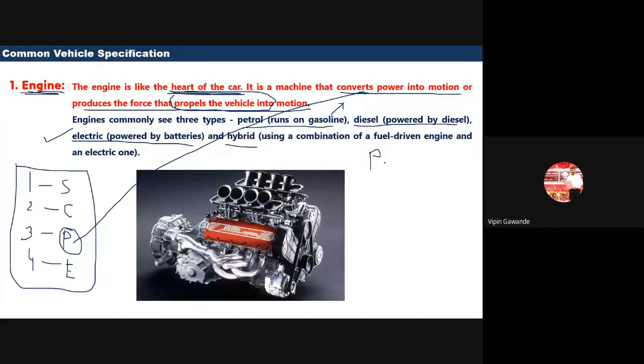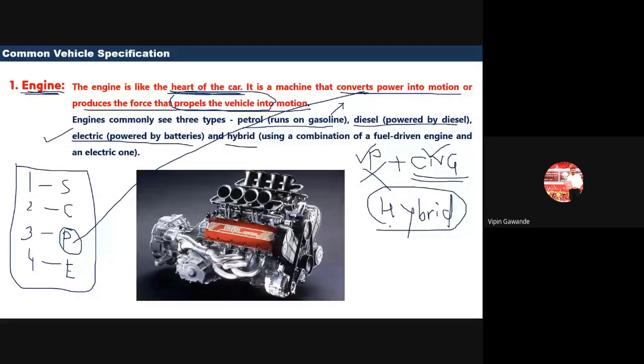You have seen we use petrol plus CNG, or diesel plus CNG. That means whenever you have petrol, run it on petrol; otherwise, when petrol is not available, use the gas. So we call this a hybrid, a combination of fuels. Similarly, electric vehicles are also available in hybrid form: if petrol is available, we can run it on petrol, and if petrol is not available, you run it on the batteries. We call this type of engine a hybrid engine.